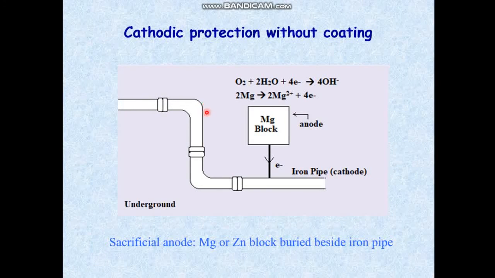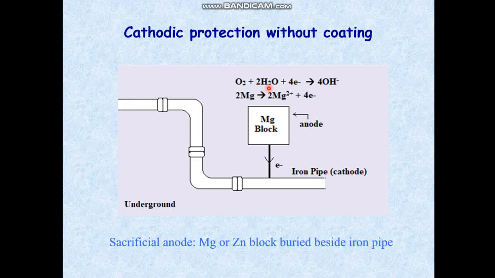Suppose these are underground pipelines going from one country to another, suppose from the Middle East to India, in order to supply raw petroleum products or petrol, diesel, etc. Then these iron pipes can get rusted and become damaged. So in order to prevent them from getting rusted, cheap and available metals like magnesium are used as the anode here. Magnesium is providing electrons, and these electrons are consumed by oxygen.